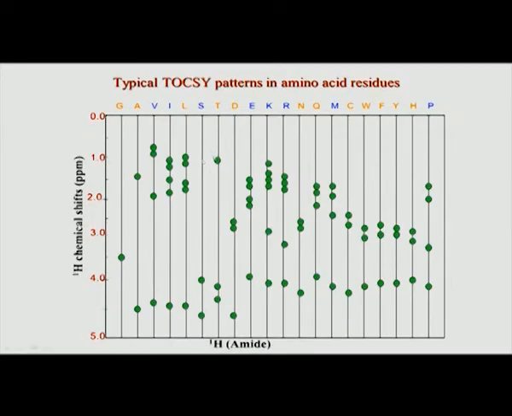This is shown here. You can see for all the 20 amino acids that there are very nice different patterns which can be utilized for matching the residues. This is what we will use now as we go along for sequential assignments. This is for glycine: there should be 2 peaks, sometimes you may get 1 or sometimes 2, but they are not chemically equivalent at times.